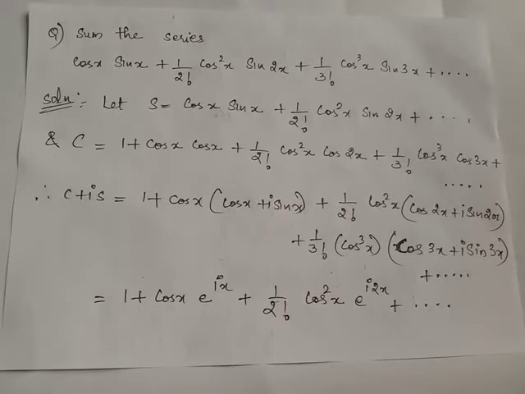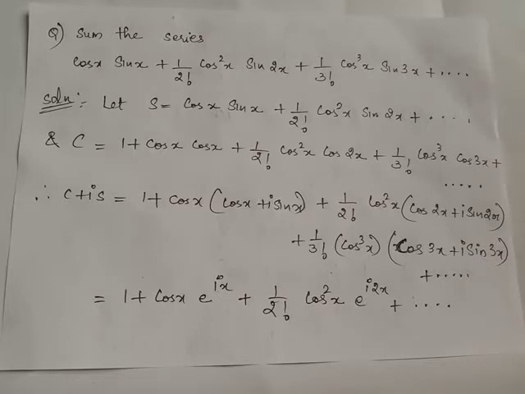We have made use of this 1 in the definition of C series itself because when you observe this RHS, it is of the form 1 plus x square by 2 factorial plus x cube by 3 factorial plus etc. This is actually the series expansion of e raised to x with x equals cos x into e raised to ix. If this 1 was not present, we couldn't write the RHS in terms of the exponential function. That's why we have made use of 1 in the very beginning of the definition of C series itself.